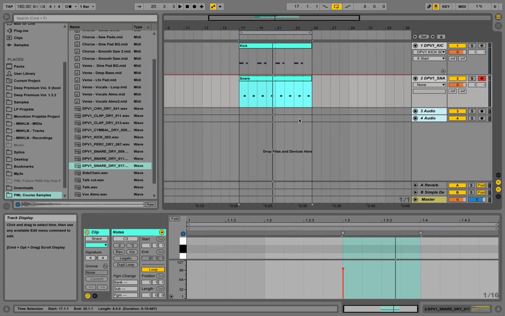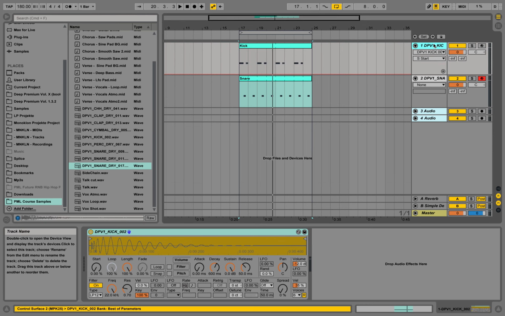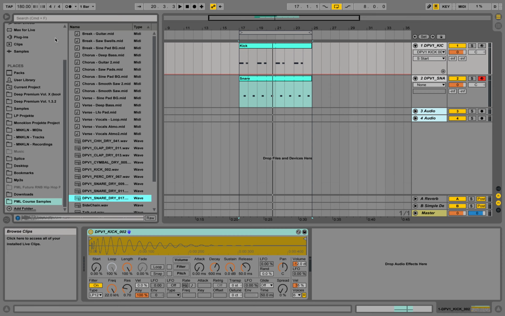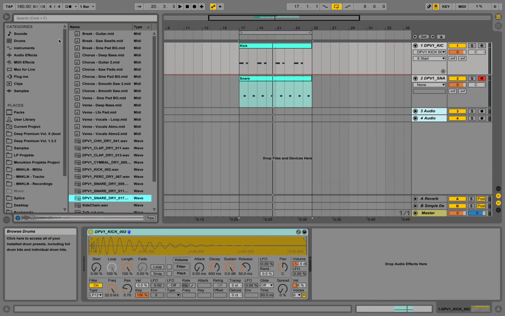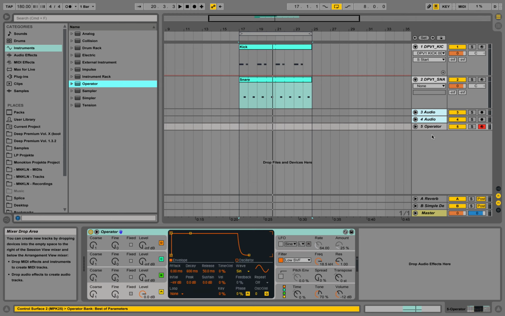Alright, so we are started with a kick and a snare, both in simpler devices on MIDI tracks over here. And now we want to put in a basic bass sound. We're going to add in more effects behind those devices later, but let's put in another sound to get a better picture of what is going on. And we're going to Instruments, and we're going to select the operator down here. And we can drag this synthesizer into this gray area over here and drop it, and it will create a